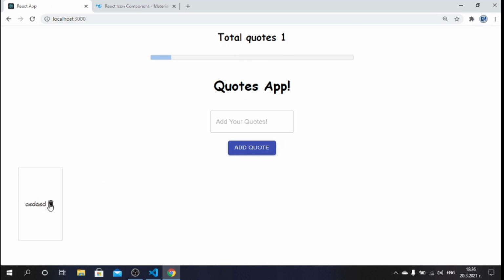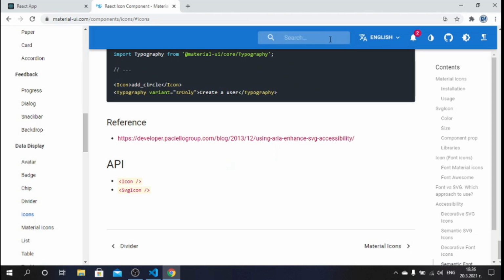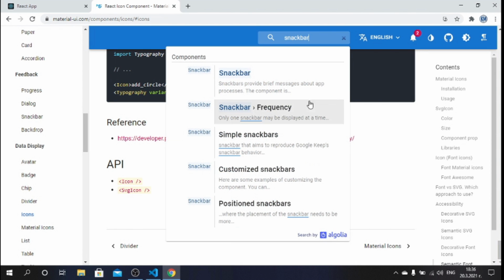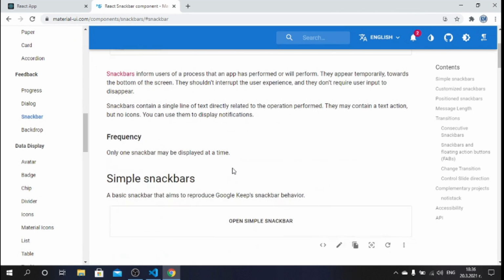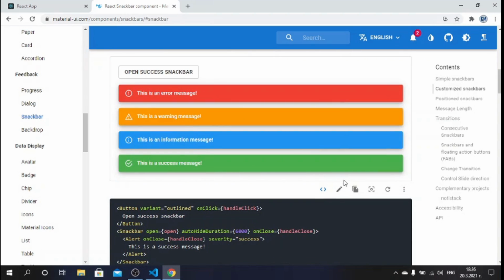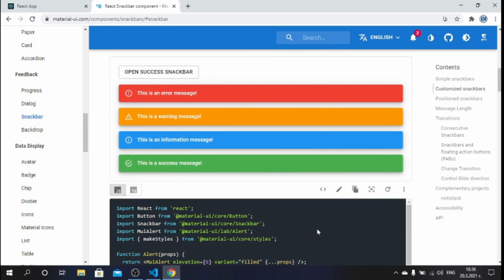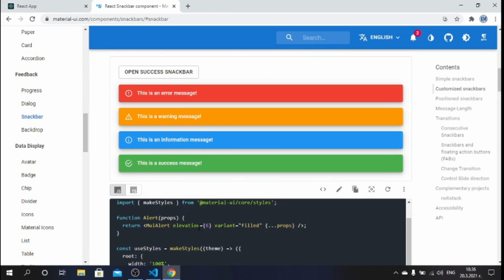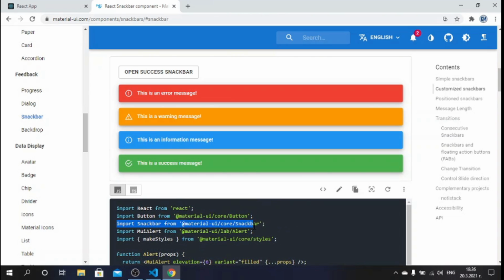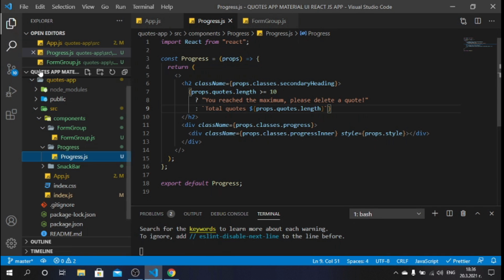So to show our Material UI snack bar, I will search for snack bar, and here I will expand this one here, and I will copy these 2 lines, and I will go to my snack bar component,